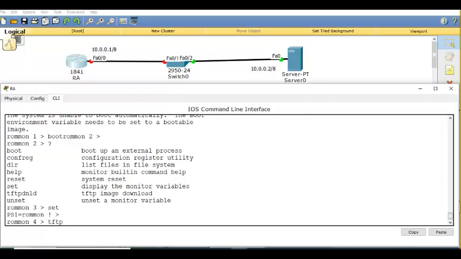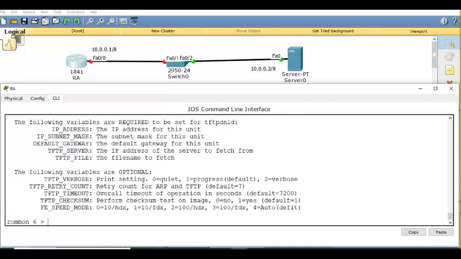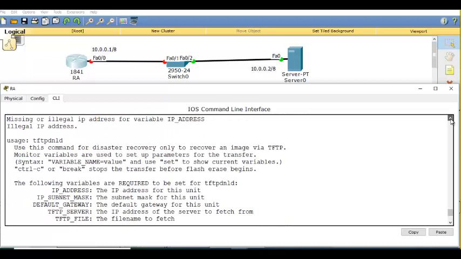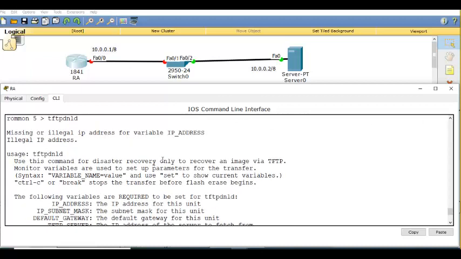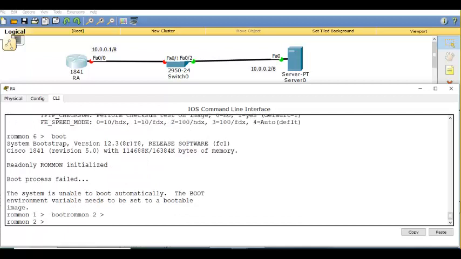TFTP recovery only to recover the TFTP. Monitor variables are used to set the parameters and transfer. Show current variable. Okay, that's right. When you say boot, it's not booting.